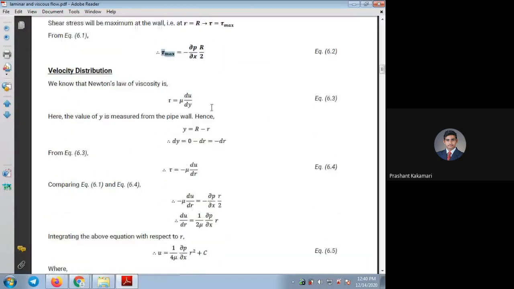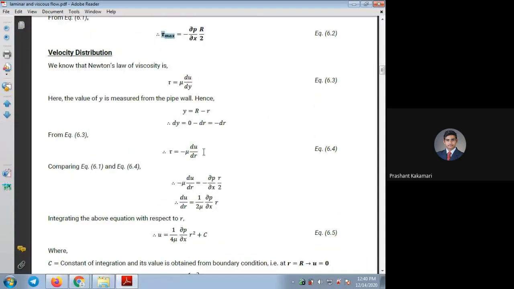I can consider that change in distance as dy equal to minus dr. For the full radius, and the change in radius, they have taken dr, minus dr,